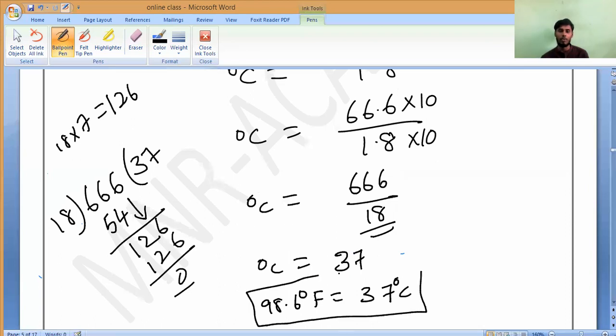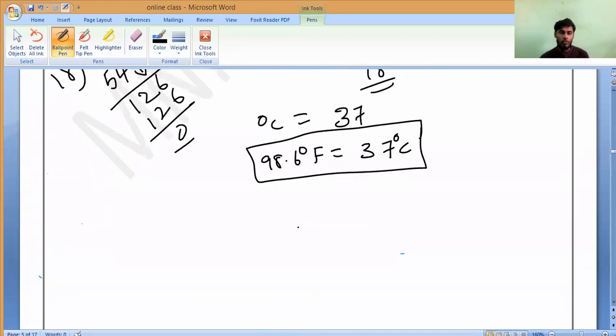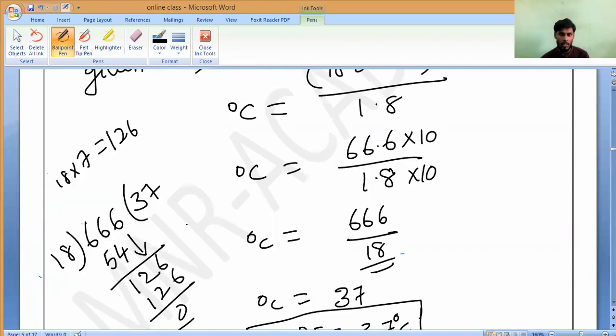So which one is easy for you, Hari? Whatever is easy, that you remember. I will write the 4 formulas. Okay, Hari, whatever you are convenient with. In the exam, we want to follow one particular thing. Whichever is convenient for you, you can follow. Nobody will stop you. You need not always follow 9 by 5 or 5 by 9, which is always confusing, and many will get confused. Correct or not? Yes, sir. So to avoid that confusion, you can follow this. No issues.